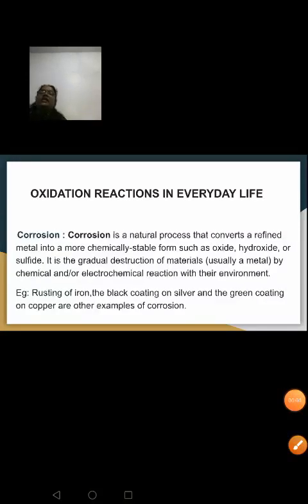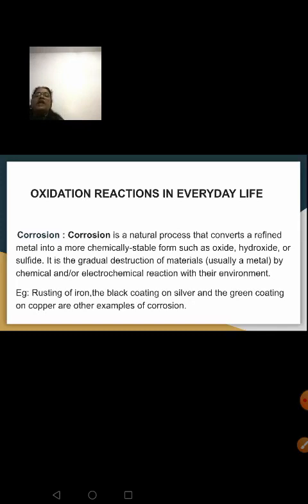Already studied in detail about oxidation reactions happening in your everyday life, like corrosion, rancidity and all. So first you should know what is corrosion. You must have seen iron particles, when exposed to moisture or atmospheric oxygen, get a deposit of iron oxide on the surface. That means it becomes reddish brown in color, right? Corrosion is a natural process that converts a refined metal into a more chemically stable form